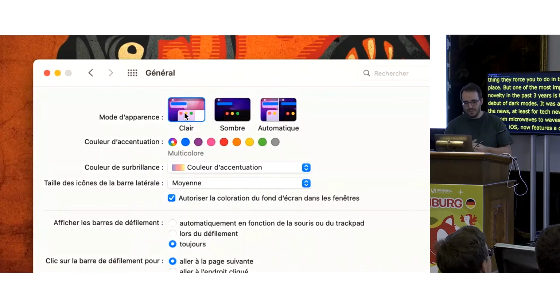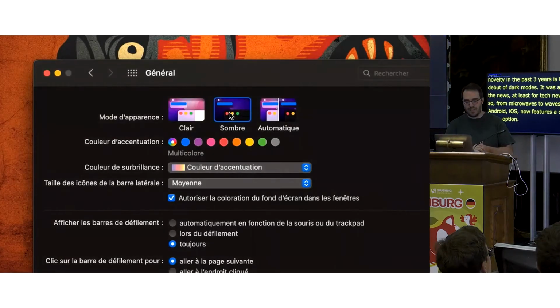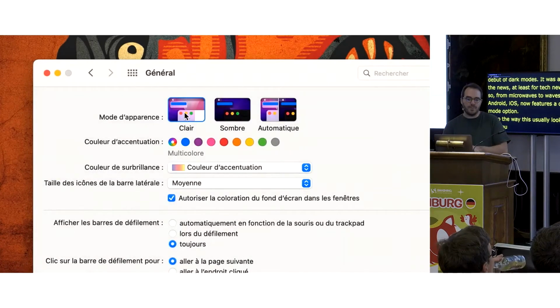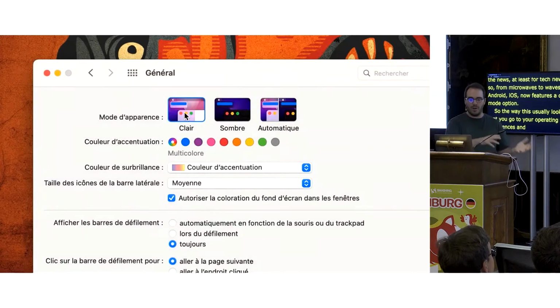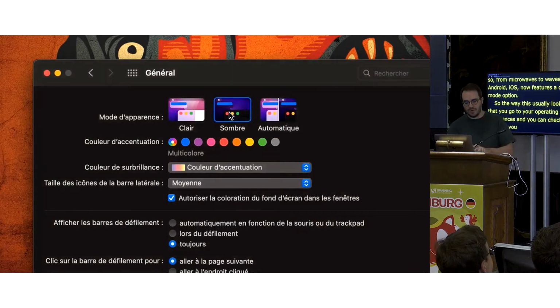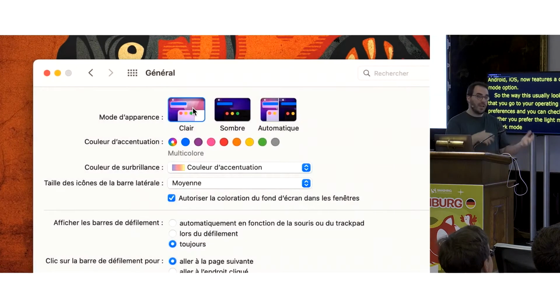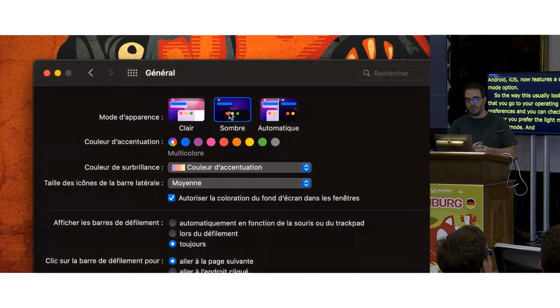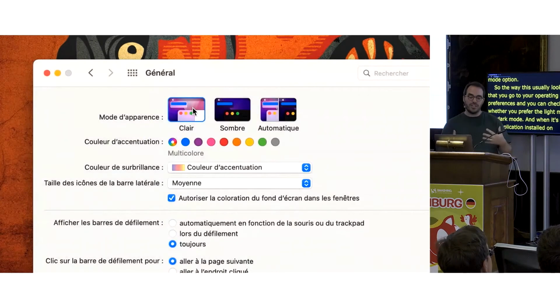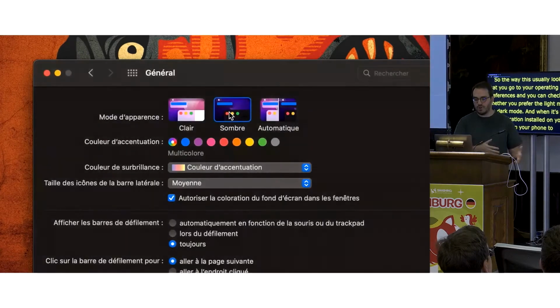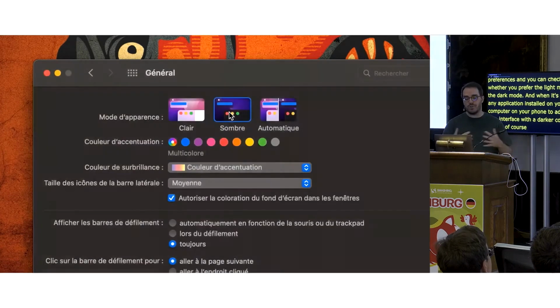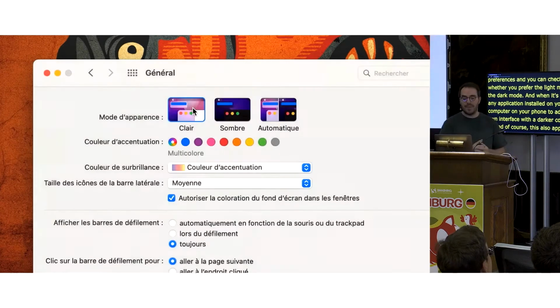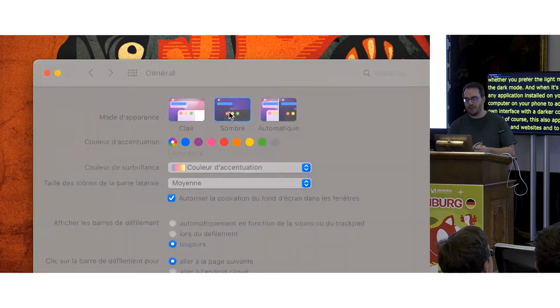The way this usually looks is that you go to your operating system preferences, and you can check whether you prefer a light mode or a dark mode. And then it's up to any application installed on your computer or on your phone to adjust its own interface with a darker color scheme. And of course, this also applies to browsers and websites, and to email clients and to HTML newsletters.